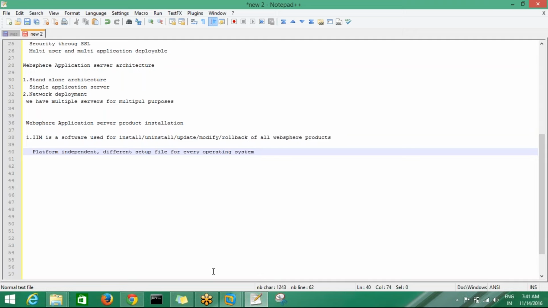Platform dependent, different setup files for every operating system; platform independent was introduced from ND 8, network deployment version 8. So IIM means IBM Installation Manager.